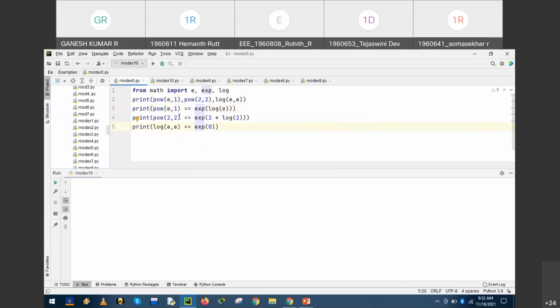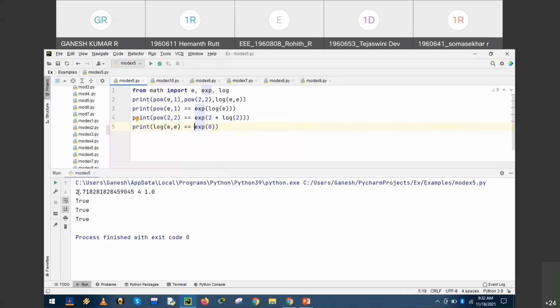Similarly, pow of 2 comma 2 is equal to exp of 2 into log 2. I think it also returns true. e comma e is nothing but exponentiation of 0. I think this will return true. Let us run the program and check the output.